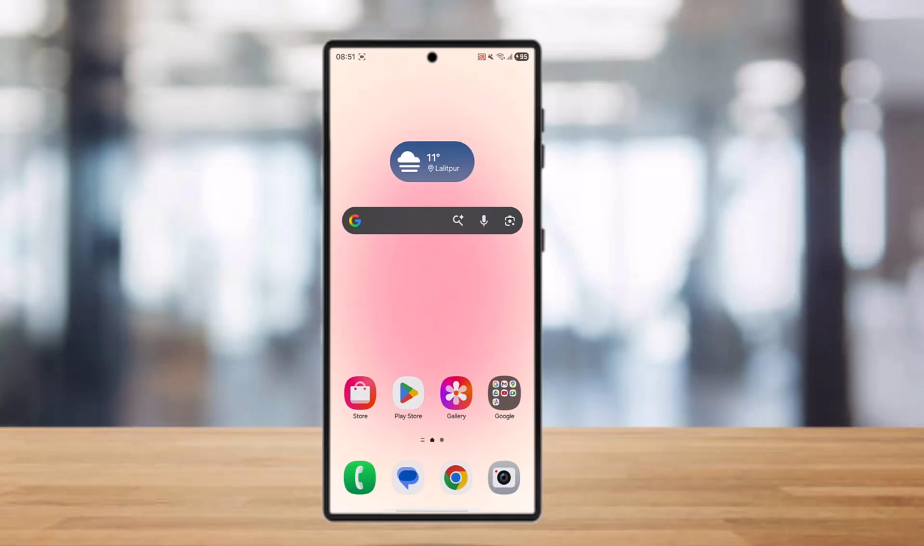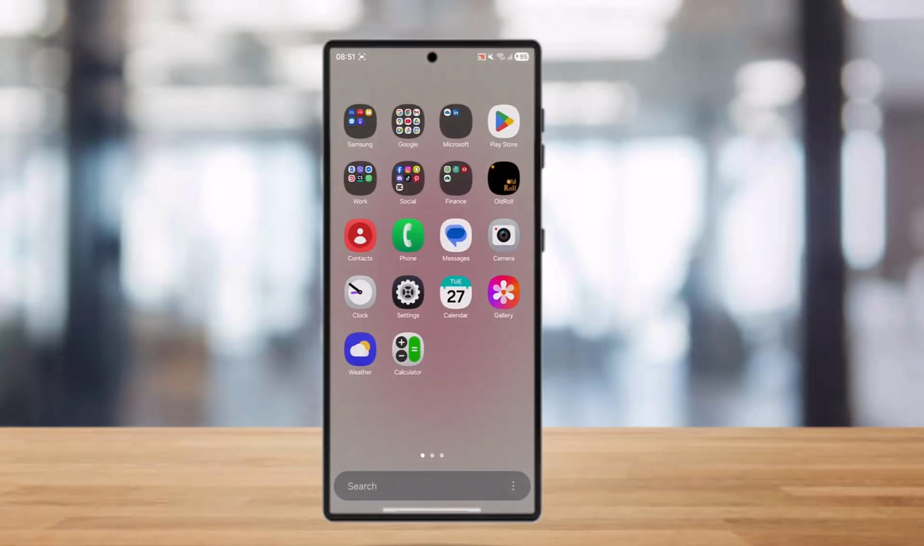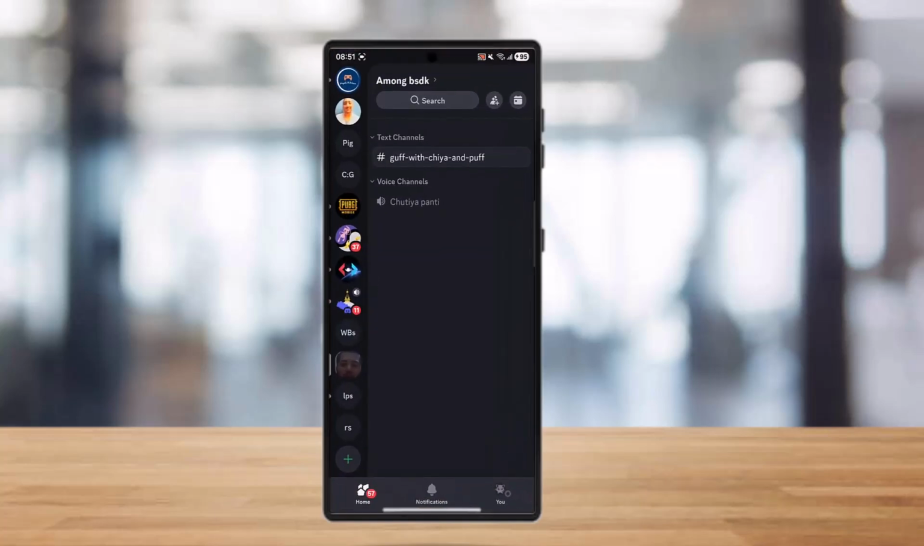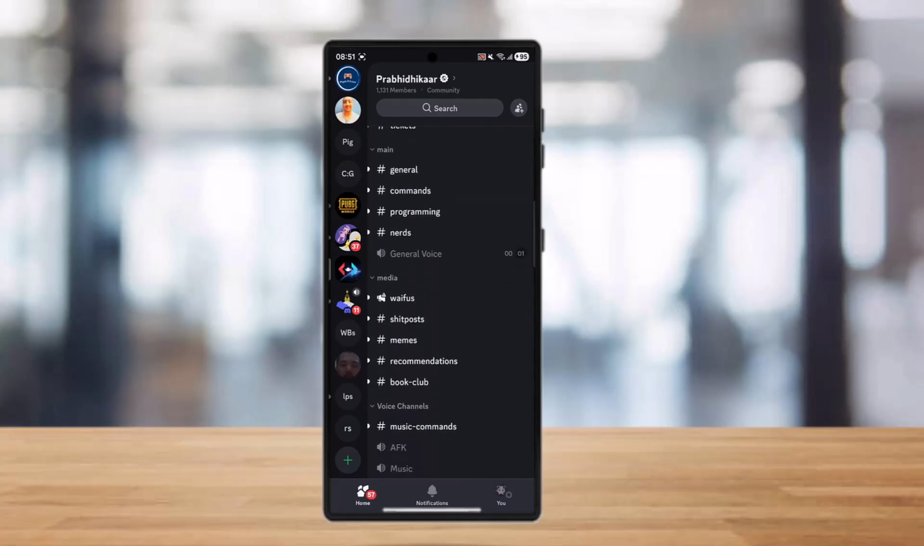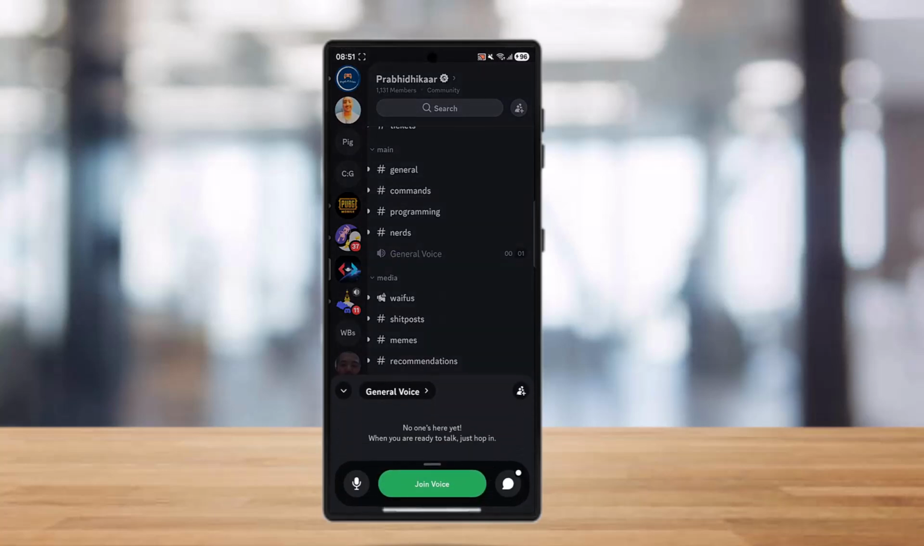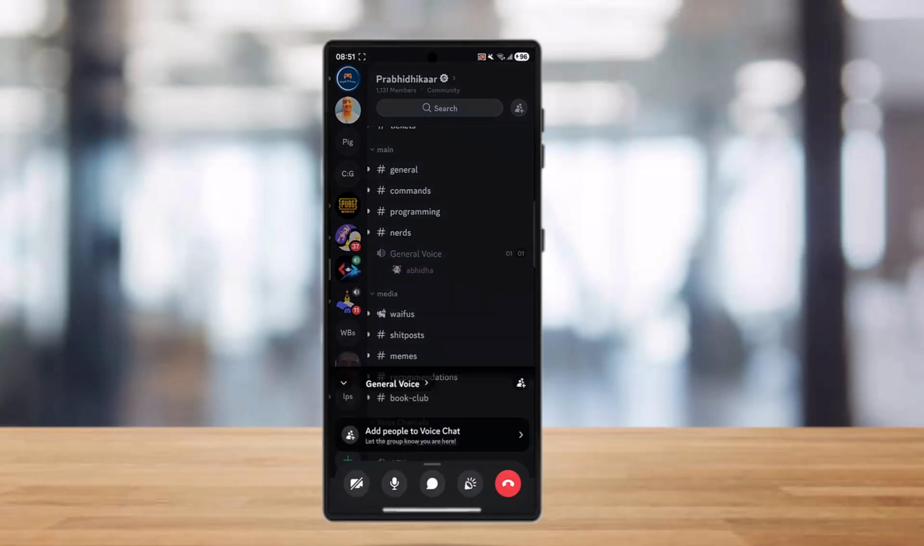So if you want to share screen with sound on Discord, you need to simply open your Discord. After this, you need to join any channel you want to share your screen on, and once you have done this, you can simply join the voice channel. So you can see your voice channel option. You can simply join in it. Once you have tapped on join voice,